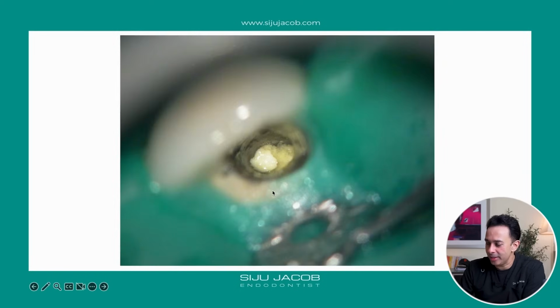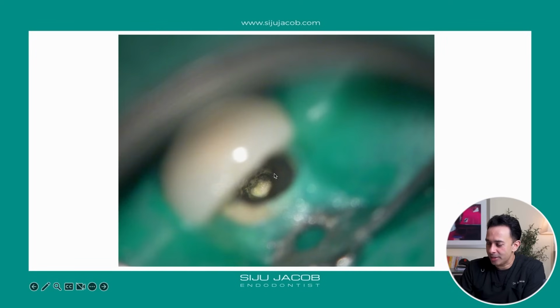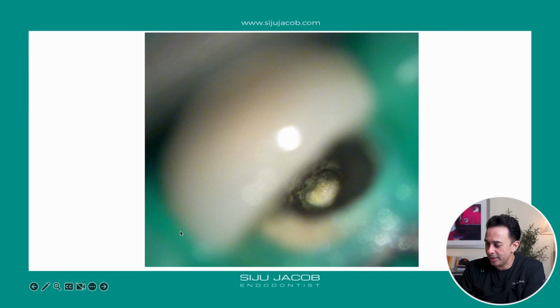And when you zoom in and remove the calcium hydroxide, you can see a nice uniform apical barrier. You can see how uniform the barrier is. And this is something which the body has formed. This is a classical apexification. It's the apical tissue, the mesenchymal cells, which lay down this sort of tissue, which could be, I don't know, cementum or dentine or bone-like material or whatever it is.